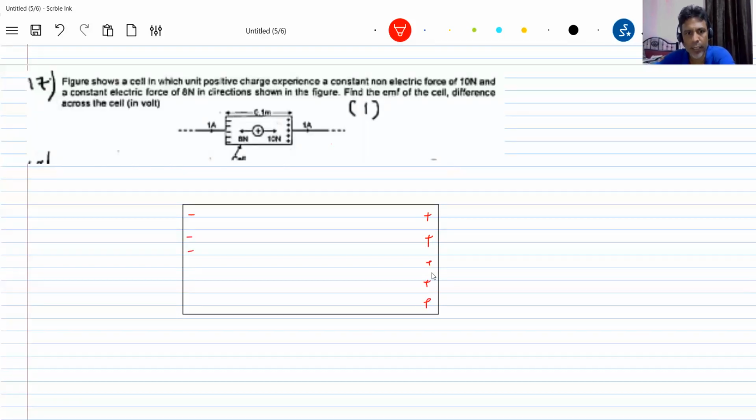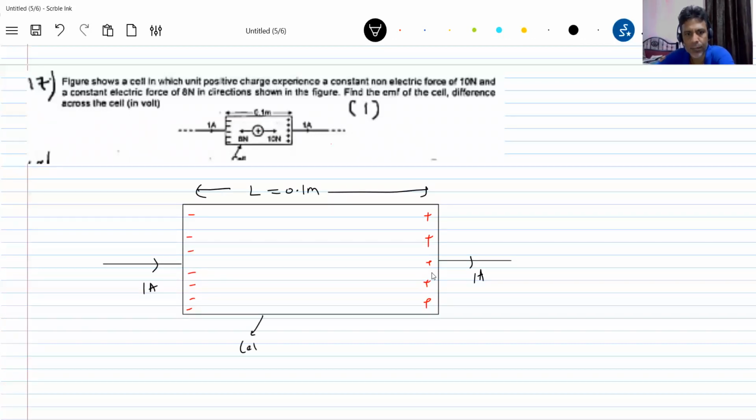There's a positive and a negative charge, with a current of 1 ampere. The length is 0.1 meter. Inside, there's a cell, and inside it the positive charge will experience a force of 10 Newton